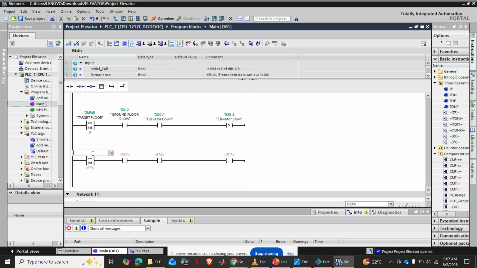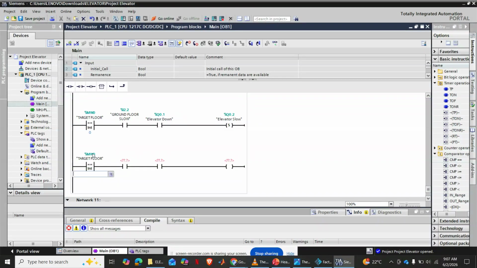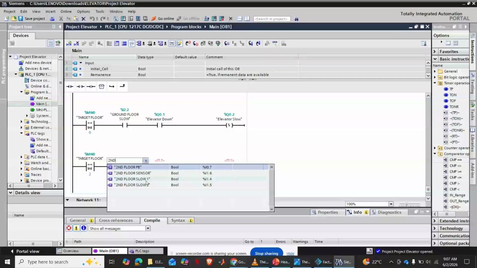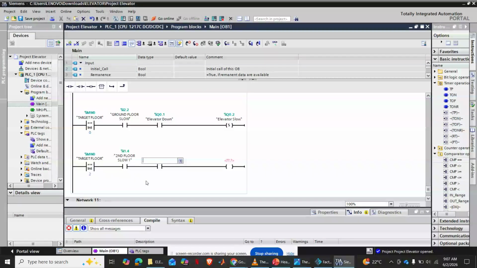So hapa tutasema if the target flow is flow number 2, alright, and the second flow sensor is second flow slow 1 is active and the elevator is going up, right, then set the elevator slow